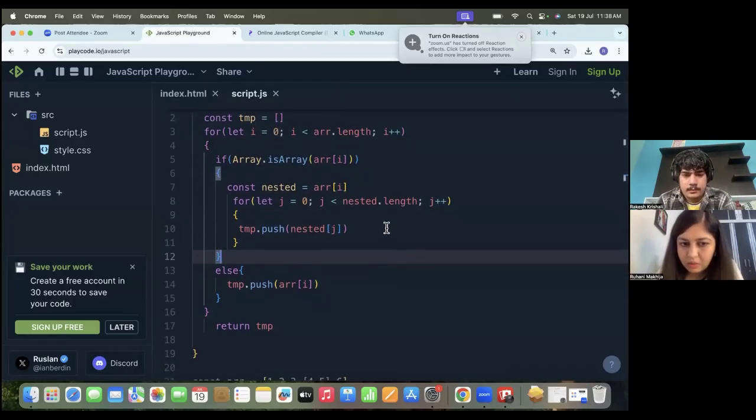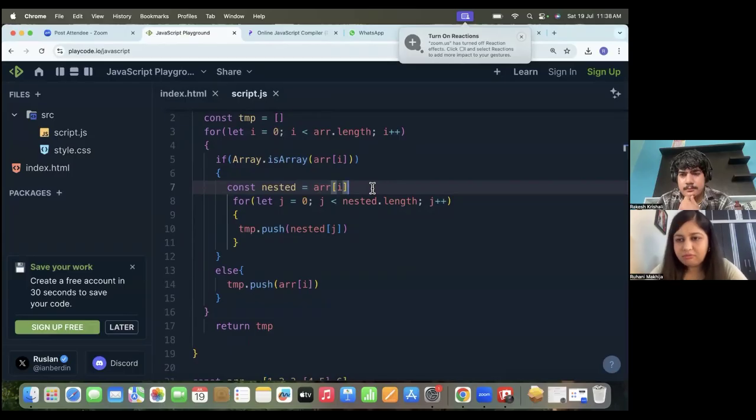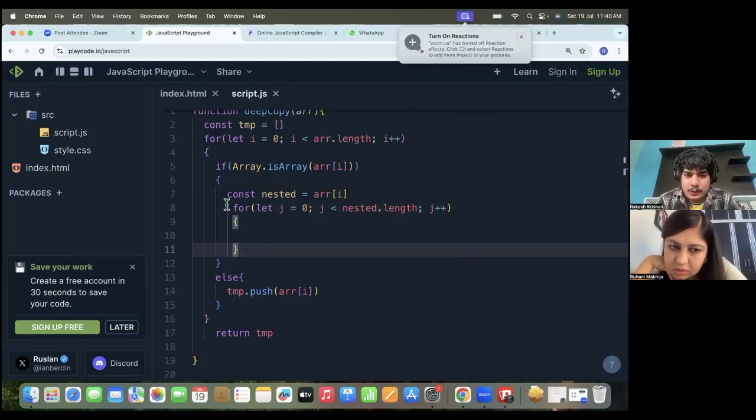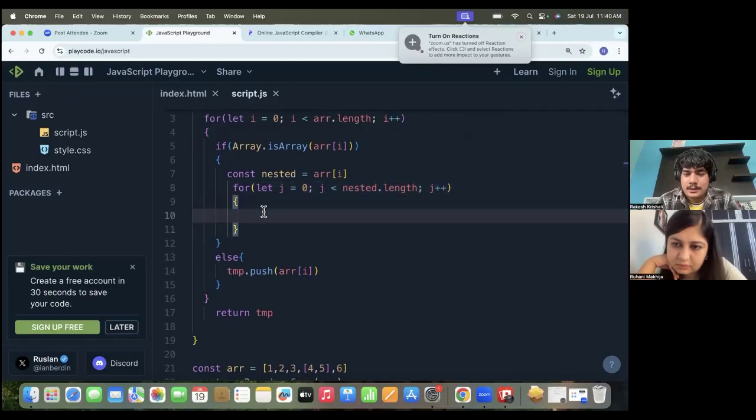then again we are looping over it. Inside this, you are just pushing it in a temporary array. And here is where the problem is, right? If we push it into a temporary array, it will become a flattened array, and we don't want that. We can make this whole function recursive using this. Otherwise, if there is another nested array, so we need to make an